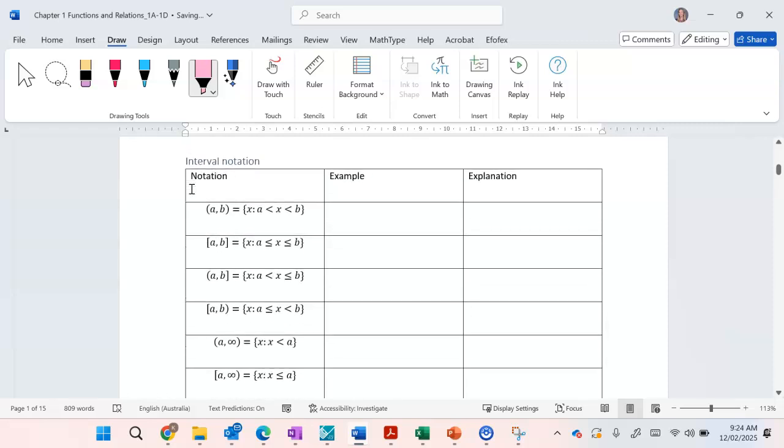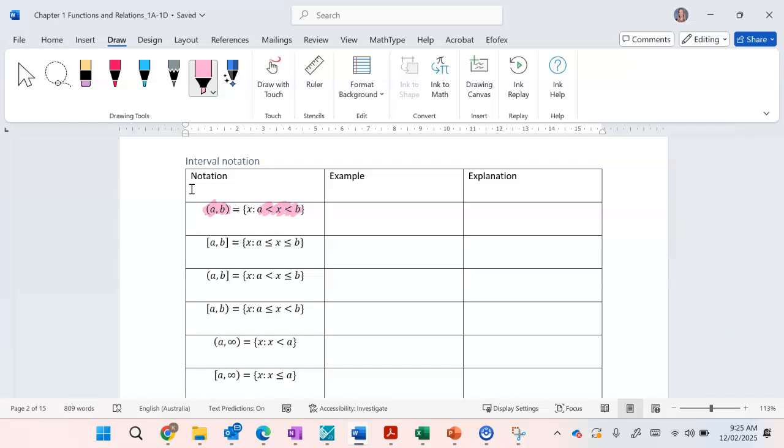All right, in terms of interval notation, so with your domain and range, you can write it using this notation here with your brackets, or you could use your inequality signs. It's extremely important that you remember that your lowest number always goes first. I always see every year that I teach methods that students put them around the wrong way. So you do need to put your lower number first and then the higher number second, and have the correct brackets. You would have done this in year 11, so I'm not going to explain it here, but it's extremely important because if you get it wrong,